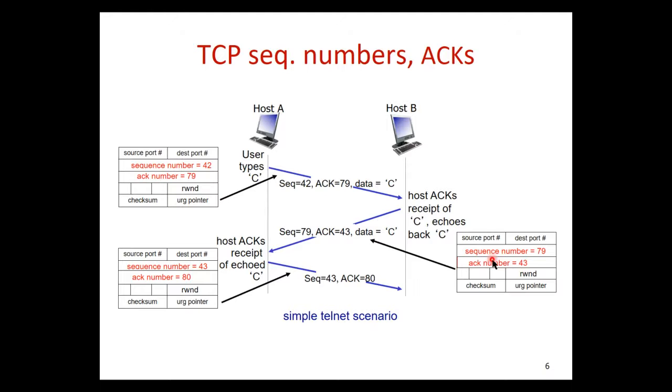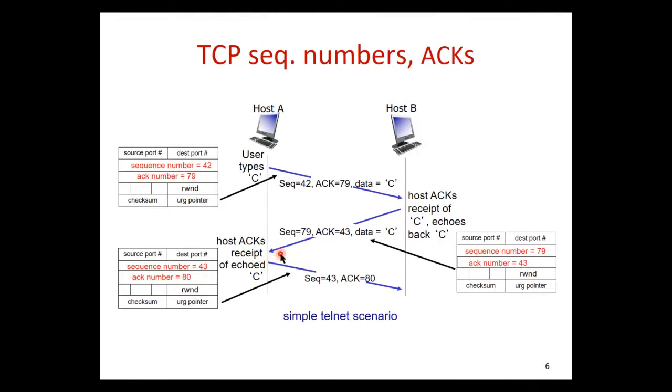And the sequence number is now the sequence number for this byte that is sent by B, and it's 79 because host A has received up to 78. It sends ACK 79, meaning that it expects to receive the next byte number 79. So this is 79. And then A will now